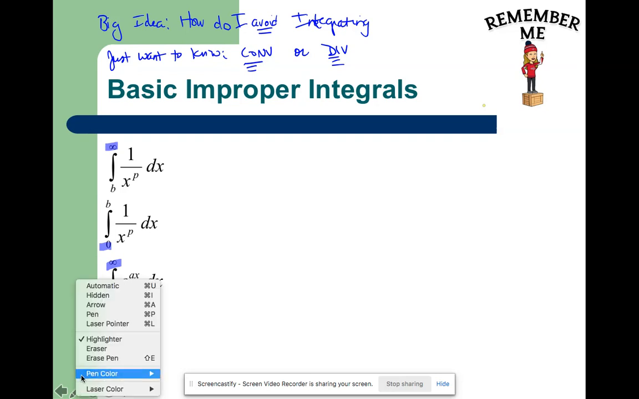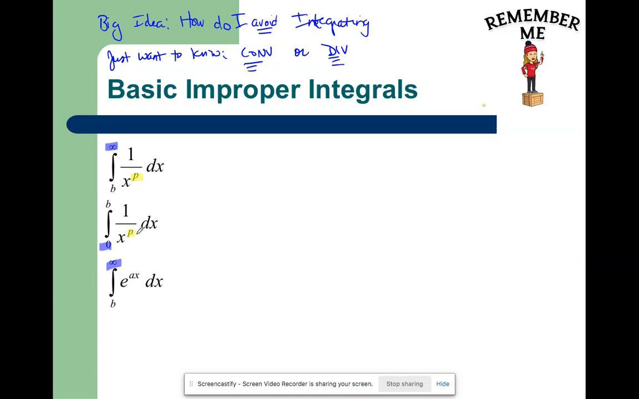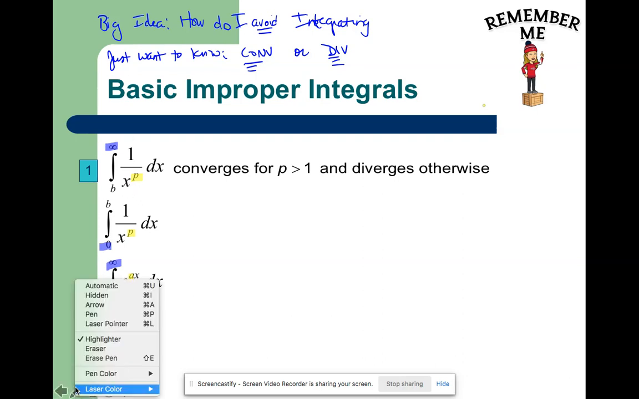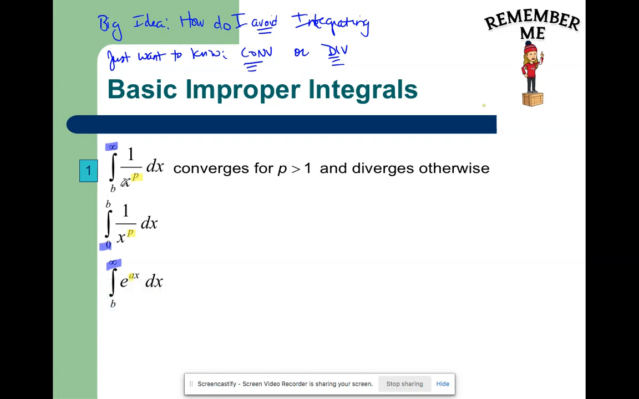So I'm going to highlight the improperness first, and then highlight the piece of the integral that matters for our improperness. So number 1 is a p-series. You may recognize that from your pre-cal days. The integrand itself is a p-series where 1 is in the numerator and x to a power is in the denominator. If you have an improper integral going to infinity,